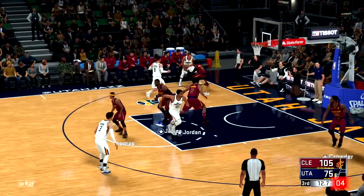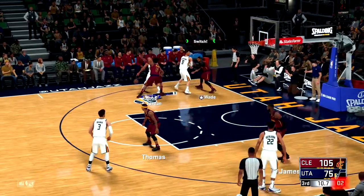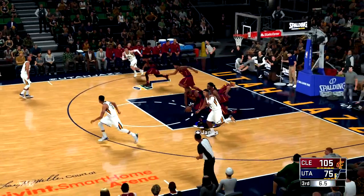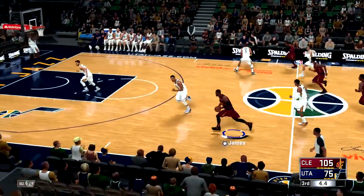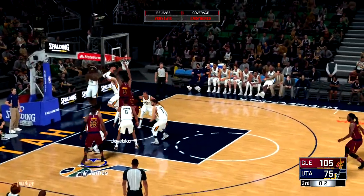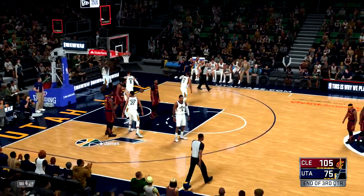6 to shoot. Hits the front of the rim and out. Looked a little bit forced. No reason for it either. The defense was not even in the frame. And so it's Cleveland with a...